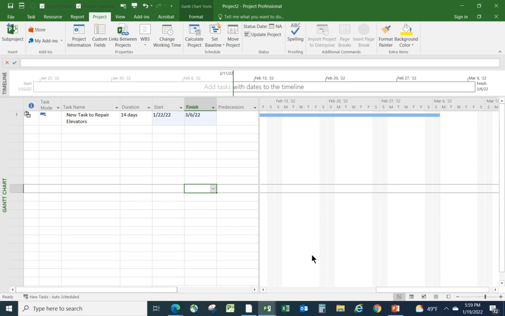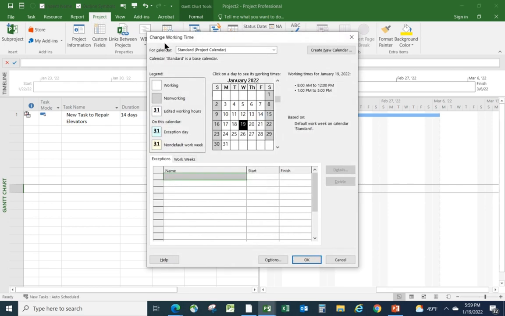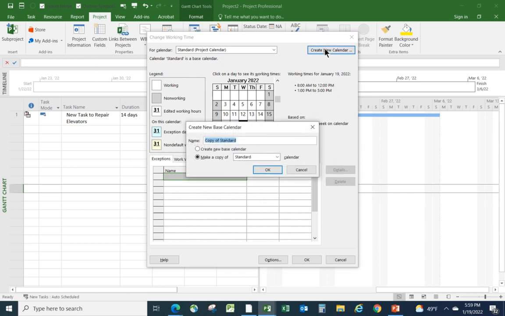So here's what I would do, actually. Rather than modifying the standard project calendar every time for every new project, for any project that you start, let's say this is the first project you've done any of this calendar stuff for, I would go to Project and Change Working Time. I'm going to create a new calendar based on the standard calendar, and I'm going to call it